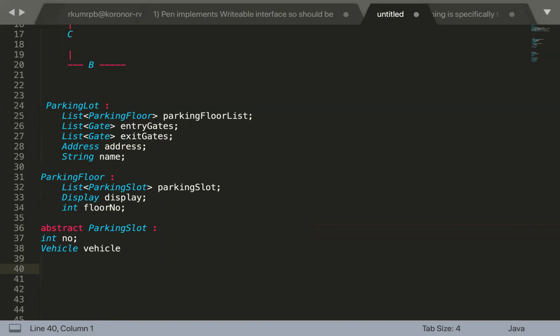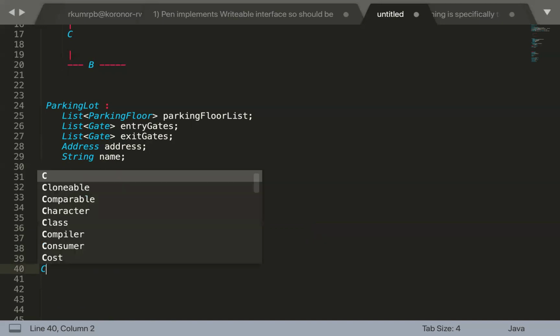Compact slot is a parking slot, probably the motorcycle slot is also a parking slot. So you can use inheritance rather than having the type as a property in it. You can use different types of parking slots extending from that parking slot.